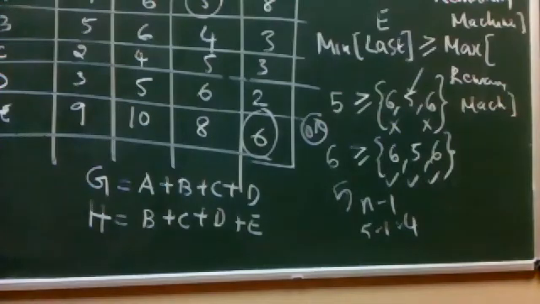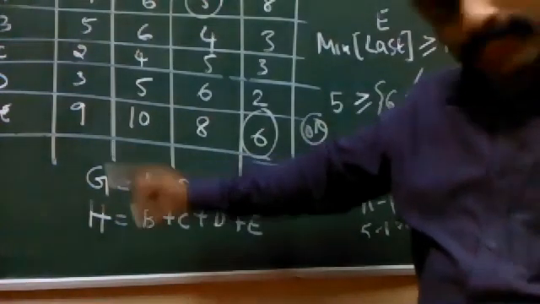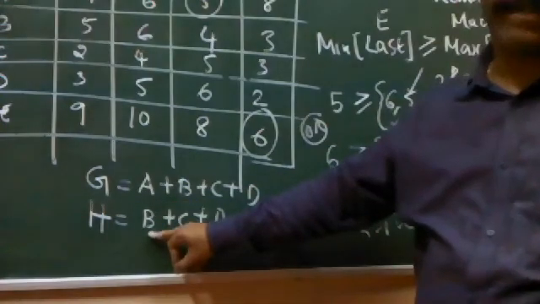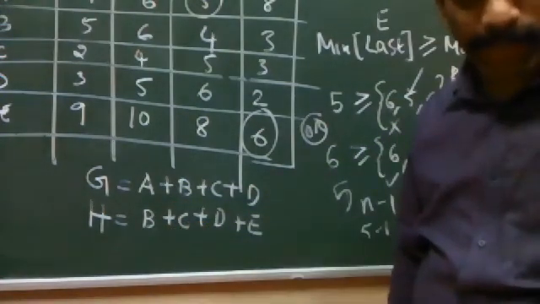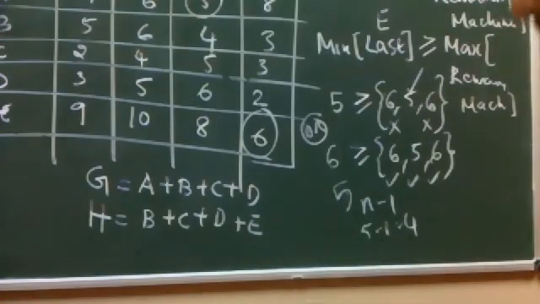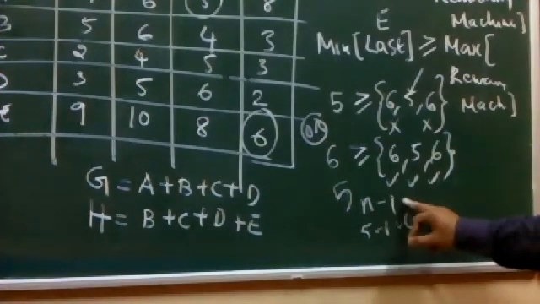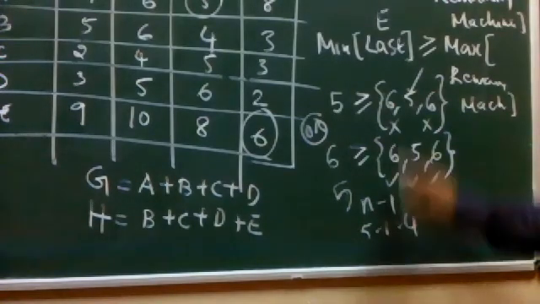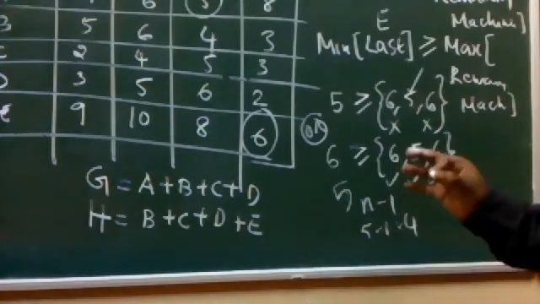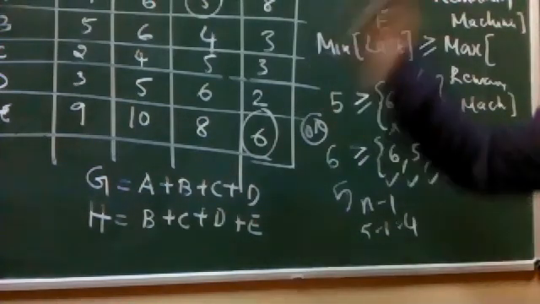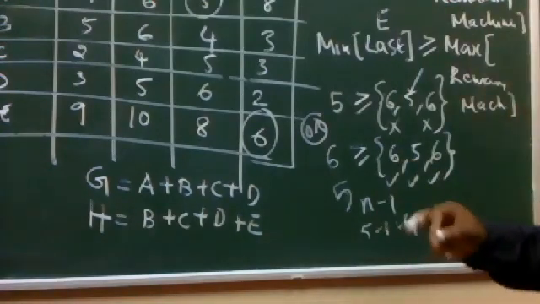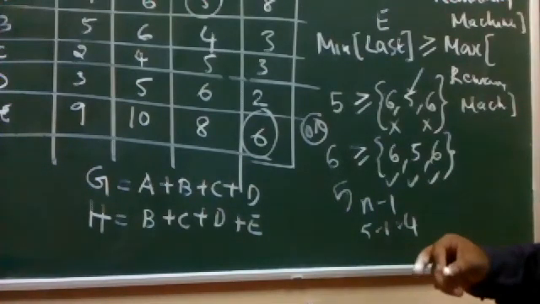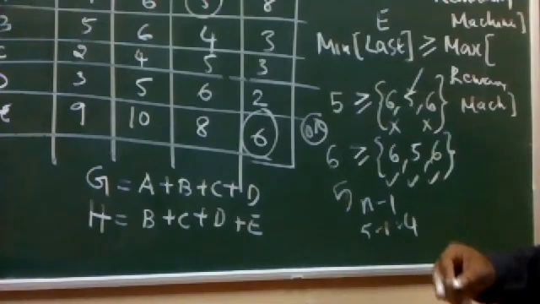Suppose there are totally 6 machines, then what will happen? 6 minus 1, 5. The first 5 machines will come to G and the next 5 machines will go to H. Are you understanding the point here clearly, everyone? Yes, sir. Okay. So the first set is decided by n minus 1. That means if the machines are 5, minus 1, 4. The first 4 machines will come to G. And H will be the next 4 machines, and you always start from the second machine. It starts from B. So B plus C plus D plus E.